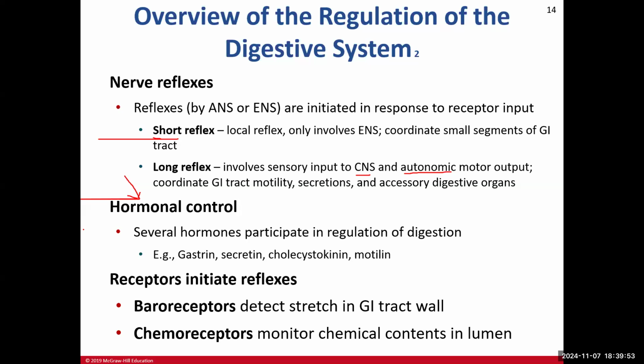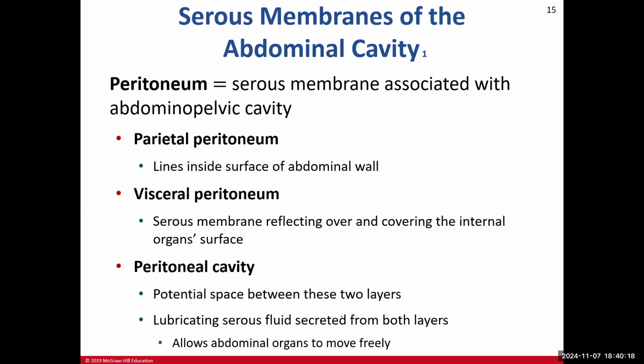All right, and then we know what baroreceptors do. They detect stretch on the wall of whatever structure we're talking about. We saw what baroreceptors did in the circulatory system, the carotid sinuses and the aortic bodies there, and how they helped with compensation of the blood pressure. Very similar here. When you start to ingest things and your stomach starts to distend, those baroreceptors become stimulated, and they are going to start that whole digestive tract reflex that we'll get into as we move on through the